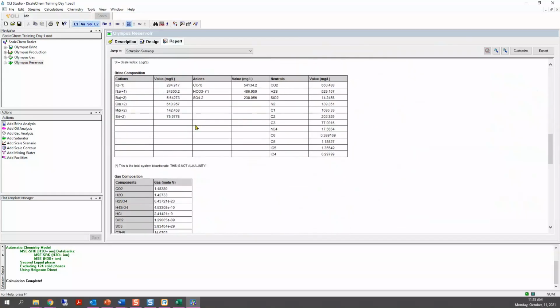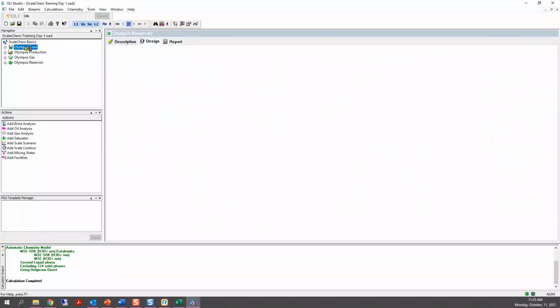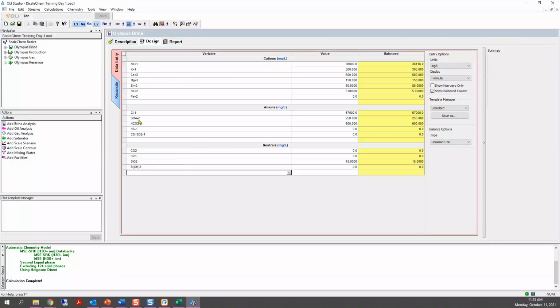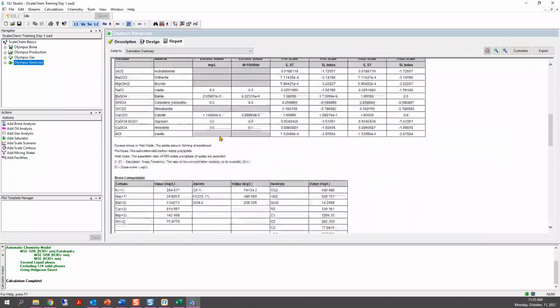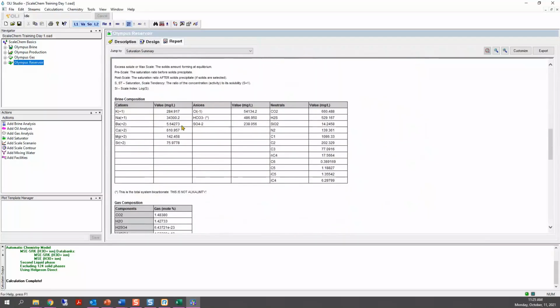And you will see the changes in the composition of barium, for example. Initially we entered a barium amount of 5 milligrams per liter. After saturating, we see that the barium amount is 5.6. So it changed, but it didn't change a lot. So it makes sense to saturate with these minerals to account for the maximum scale risk during production.